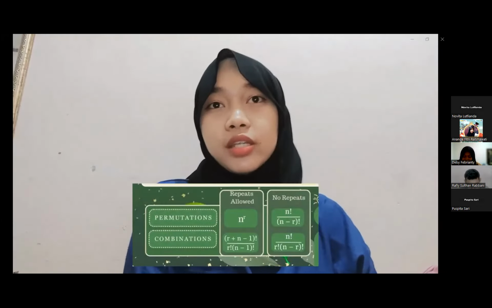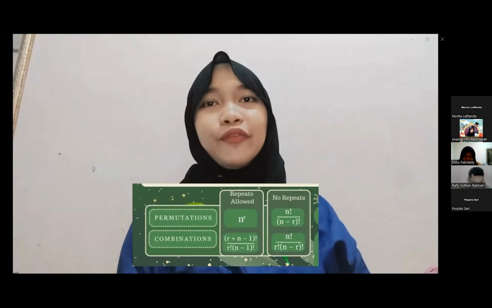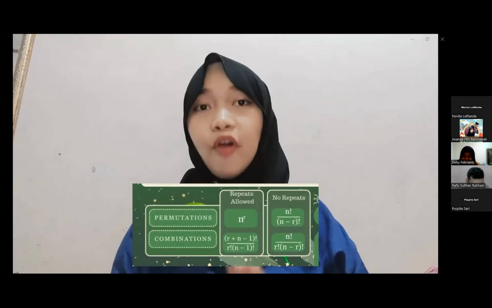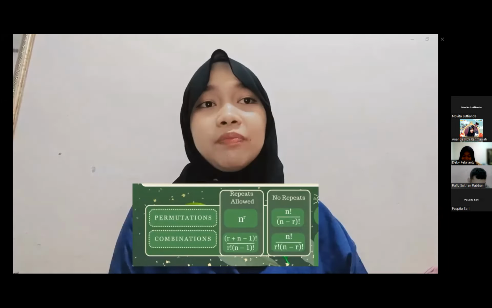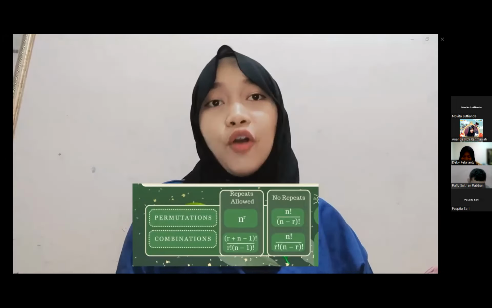Next, we talk about combination without repetition. This is how lotteries work. The numbers are drawn one at a time and we have the lucky numbers. No matter what order, we win. The formula is written as the factorial of n divided by the quantity of the factorial of n minus r multiplied by 1 divided by the factorial of r, which equals the factorial of n divided by the factorial of r times the quantity of the factorial of n minus r.